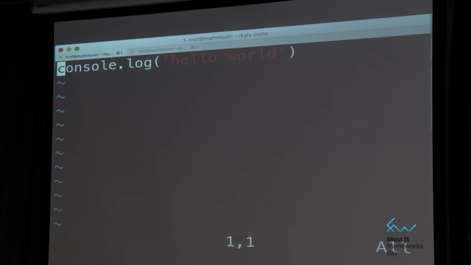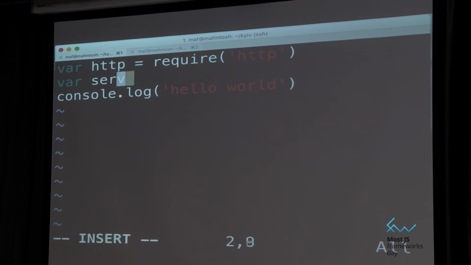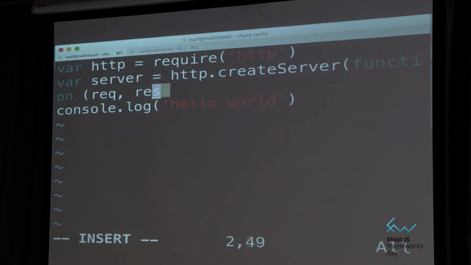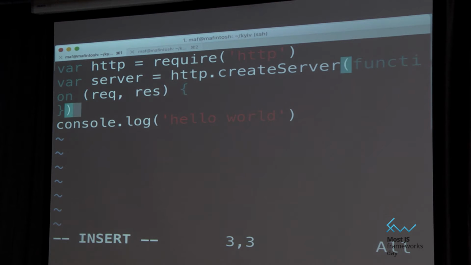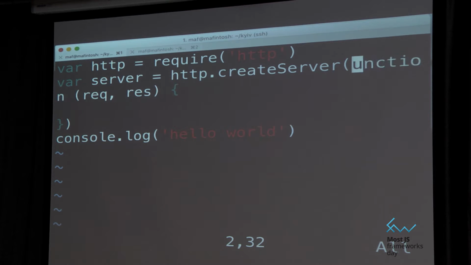But we normally do HTTP stuff. So let's require HTTP and then put it into an actual server. Actually, let's do it like this instead, so it looks cooler.